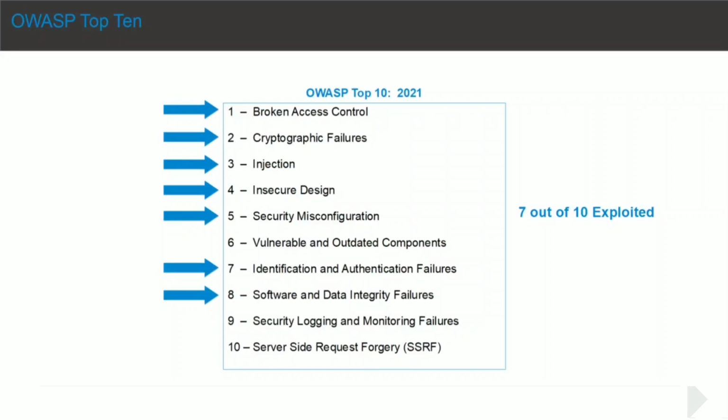Here are the top 10 web application vulnerabilities that we see out there. If you look at this list, this is the list from 2021, you can see that we've had a pretty solid hit of 7 out of 10 of these vulnerabilities exploited. To start with broken access control, we saw a great example of that during the lesson where we made fraudulent